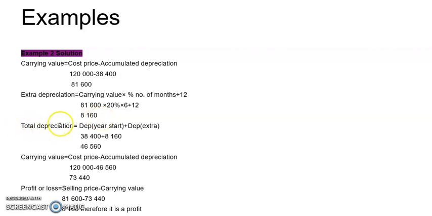8,160. Our total depreciation is then going to be depreciation at the beginning of the year or year start plus the extra depreciation. It's 38,400 plus that extra depreciation, which is 8,160. It is equal to 46,560. Our carrying value now is then going to be cost price minus accumulated depreciation, which is 120,000 cost price minus this accumulated depreciation, which is 46,560, and we get